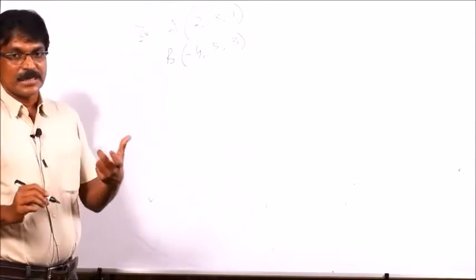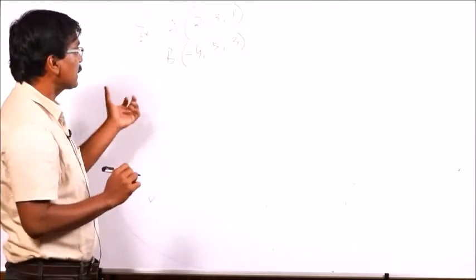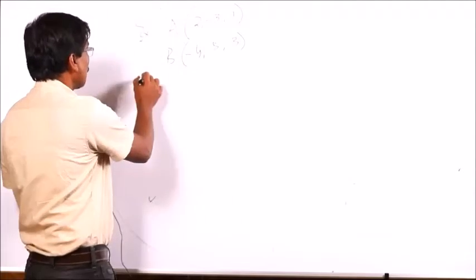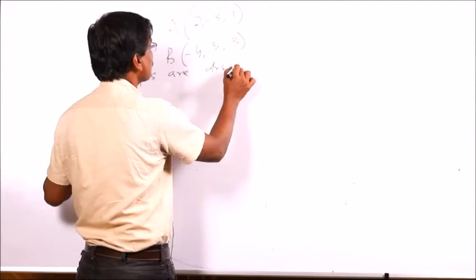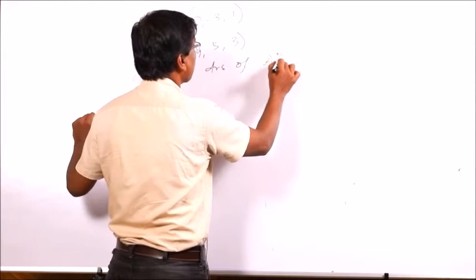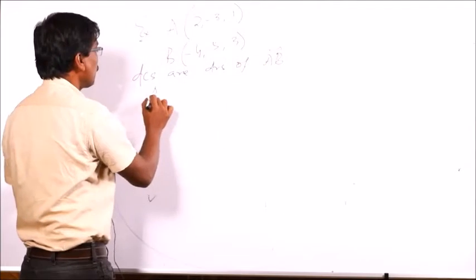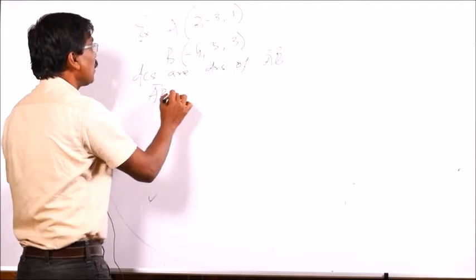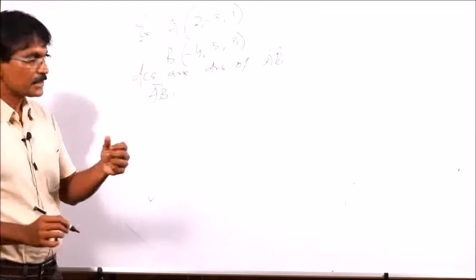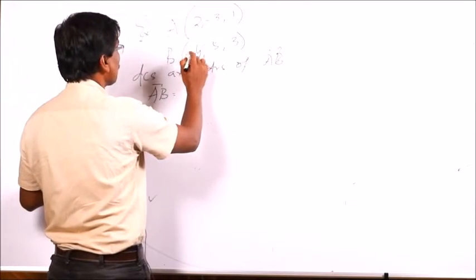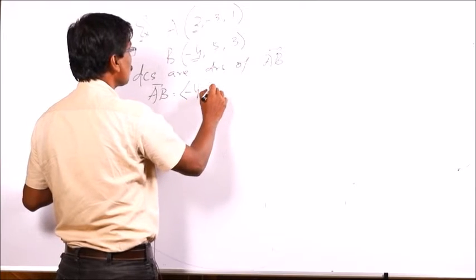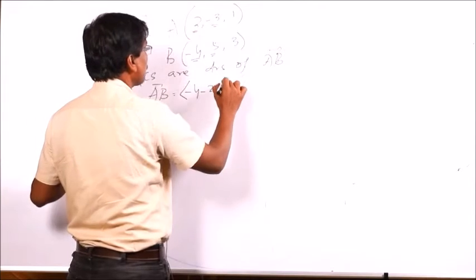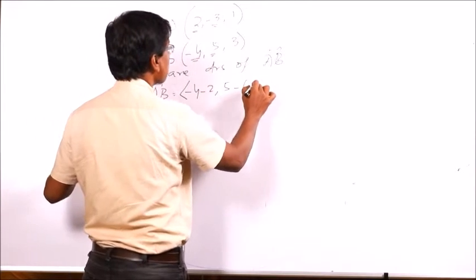So what are the direction cosines and direction ratios of AB vector? So first of all we find out AB vector. Now subtract component wise, that is B component minus A component, that is -4 minus 2, 5 minus 3,